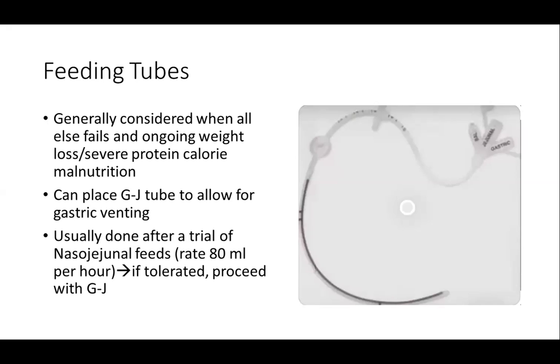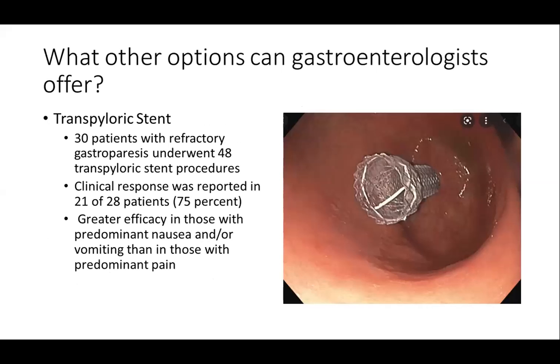So GJ tubes, essentially, as you'd expect, have a gastric port and a jejunal port, where it is just a tube that you put in. They can be one step, but sometimes you'll do it in two steps, where you put the G tube in first and then come back and put an extension through. But this is really just so you can bypass the stomach. Just say, you know what, we're not going to deal with it. We're going to go right into the small intestine, and we'll just get your nutrition that way.